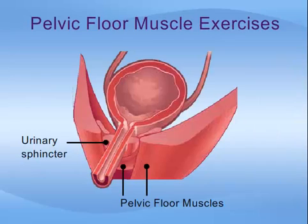Pelvic floor muscle exercises work to strengthen the so-called pelvic floor muscles, which support the bladder and urethra in the pelvis. These muscles are tied into the urinary sphincter or valve muscle. Through special exercises and other types of therapy such as biofeedback, one can strengthen these muscles, increase their endurance, and gain greater control over them, which can lead to greater urinary control. These are best done under the direction of a nurse or therapist, and a separate module is available which reviews